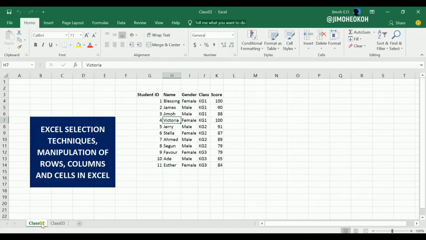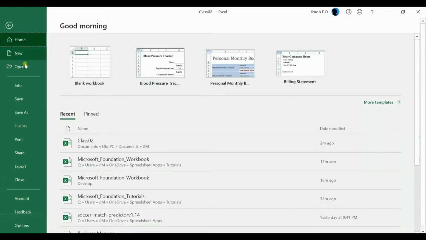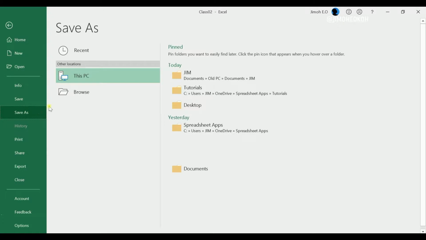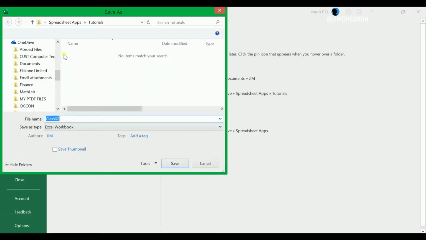Alright, so since we have class 02 and class 03 here, we don't need to call this workbook class 02 anymore. So we are going to save this as a different name. I'll click on file and click on save as. Then I have a folder here. Look for the folder where you want to save yours. I have a folder called tutorials here, so I'll take mine to this place, and then I can come in here and just give it a general name. We can call it MS